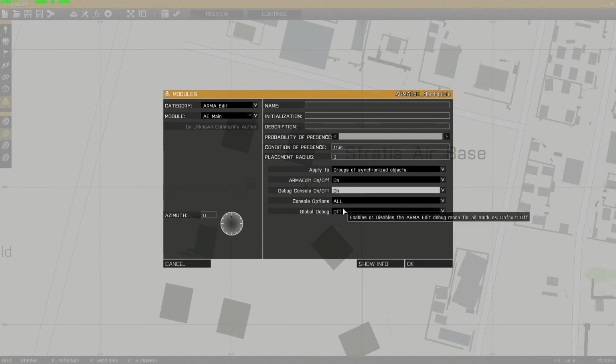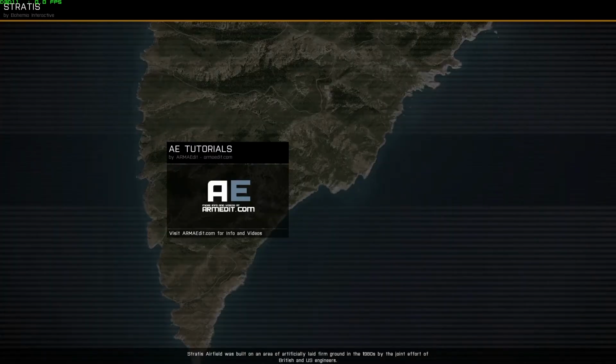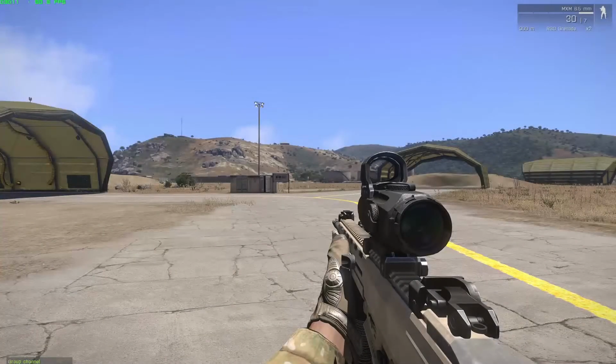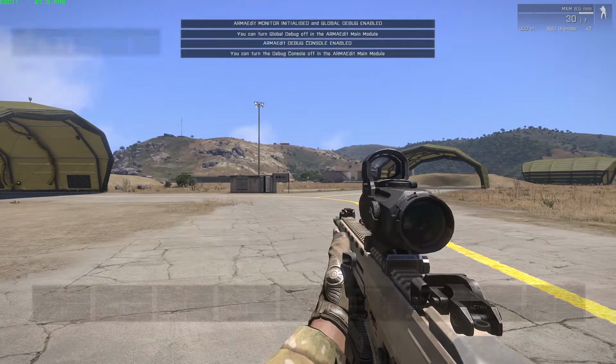For now I'll just turn all this on, and I'll just show you the console quickly because there's not much else to show in the ARMAEdit main module. The ARMAEdit main module is required whenever you're using ARMAEdit modules, and you only need one, you don't need to link anything to it. So it'll just take a minute for the debug to load, and then you'll see the